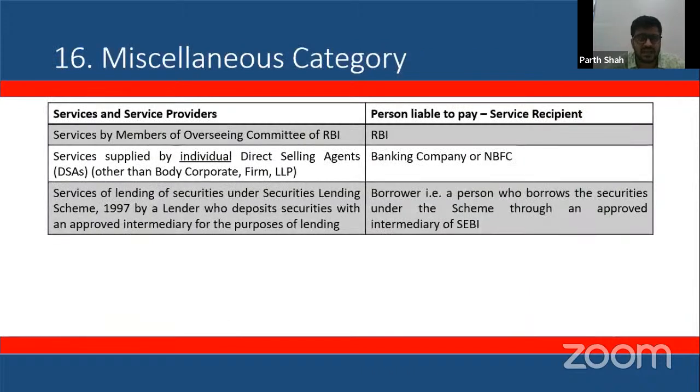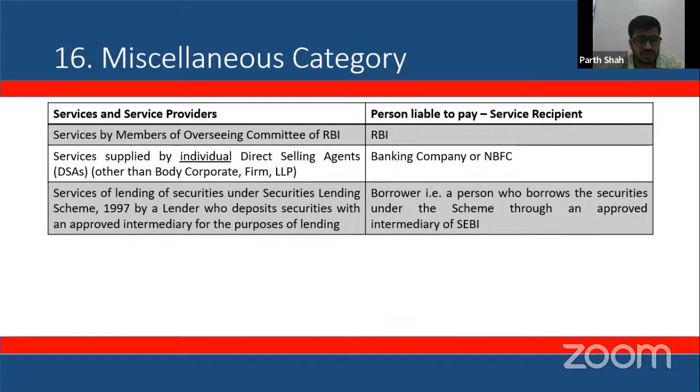The last miscellaneous category is again very niche. Say, for example, the members of the overseeing committee of RBI are providing services to the RBI, then RBI is required to pay tax. Then in other cases, individual direct selling agents provide services in the sector of obtaining customers who require loans. In those cases, the banking company or the NBFC who are receiving the services of these DSAs, direct selling agents, is expected to pay tax